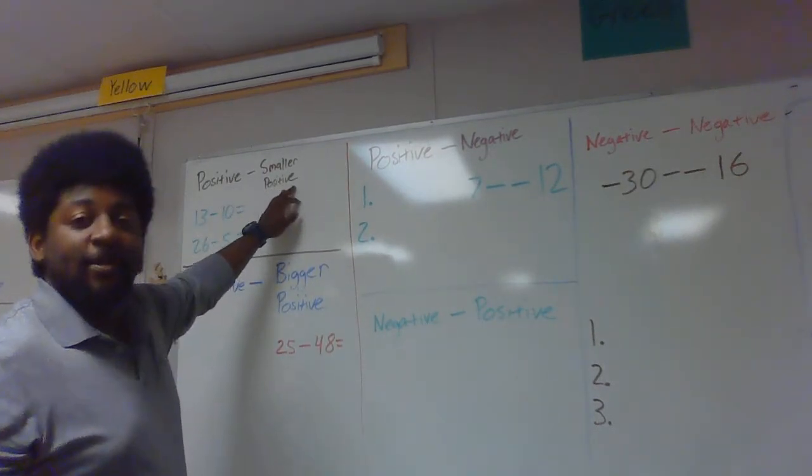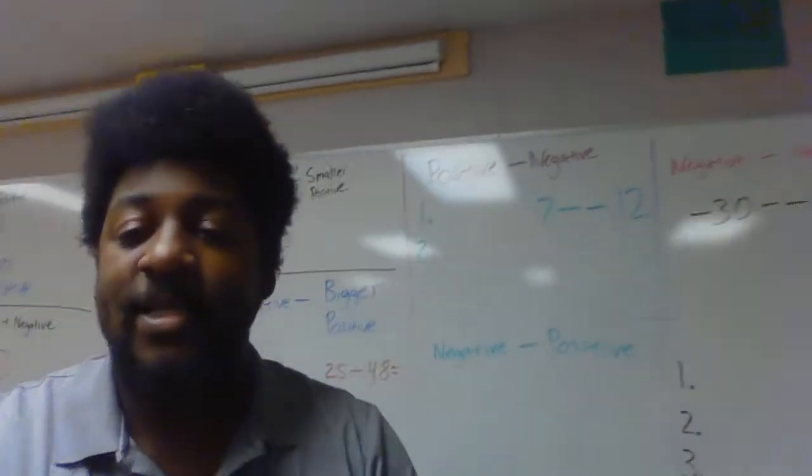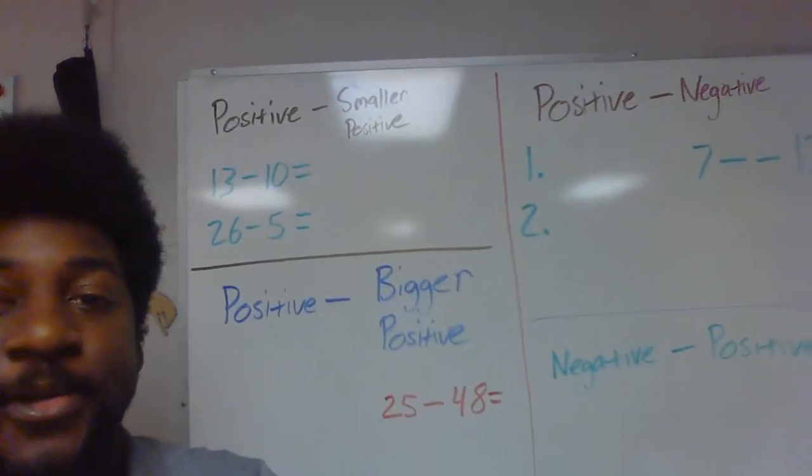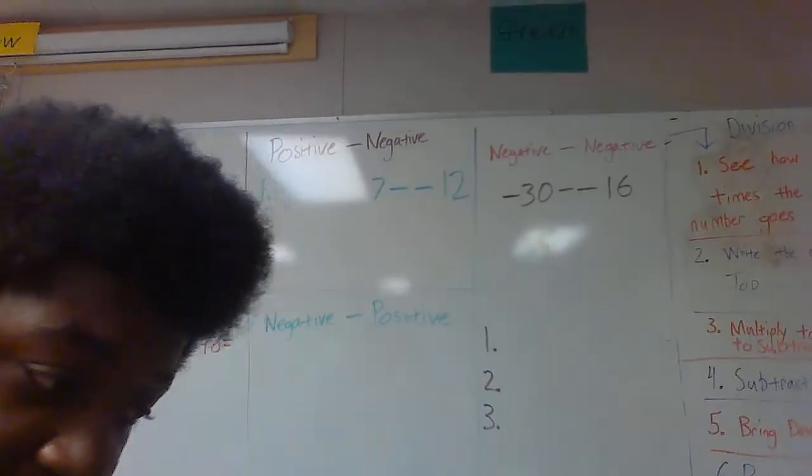minus a positive. Minus a smaller positive. Y'all, when you have a positive number minus a smaller positive number, that's just basic subtraction. There you can see my questions. That's just basic subtraction though, y'all. So really,